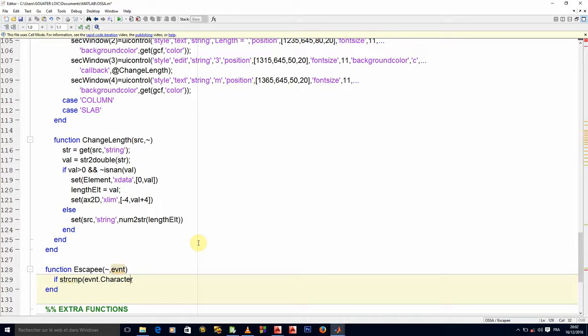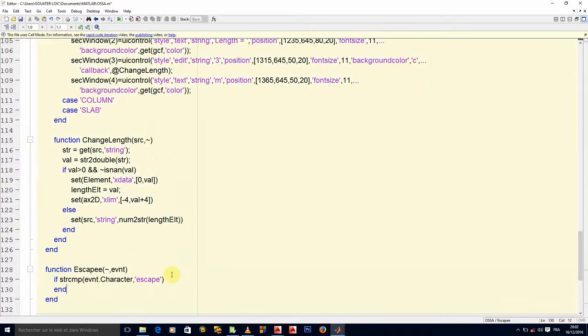If the character that has been pressed is escape, then what should we do? We should delete every secondary widget. Everything found on the secondary window should be deleted in that case.